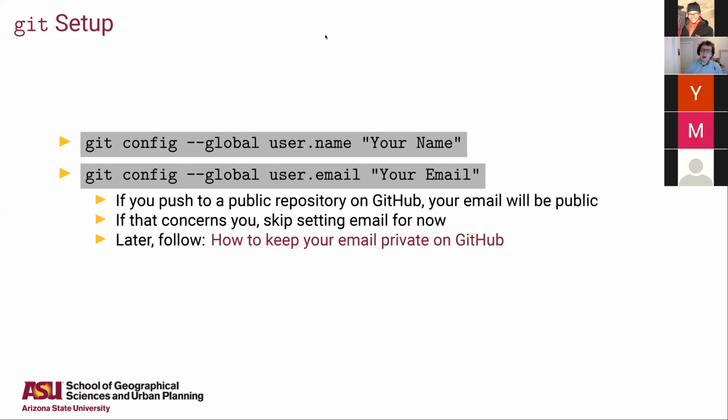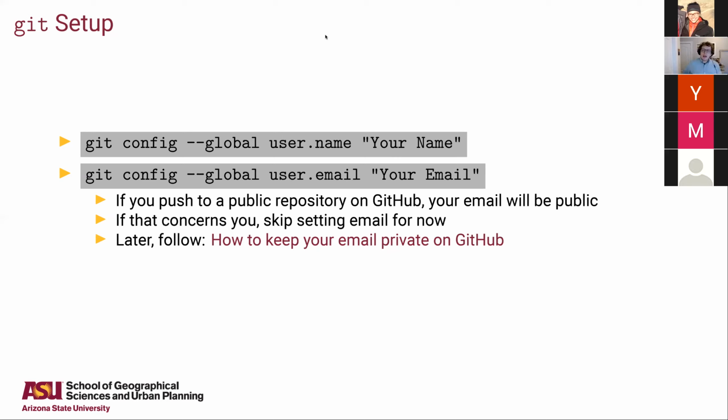who committed them. If you're planning on pushing your commits, your code, to a public repository on GitHub, whatever email address you put in here will be public. If that's a concern for you, you should skip setting your email for now, and then later, if you've downloaded the slides, there's a link here about how to keep your email private on GitHub. Basically, once you've created a GitHub account, you get a special email that's something at noreply.github.com that you